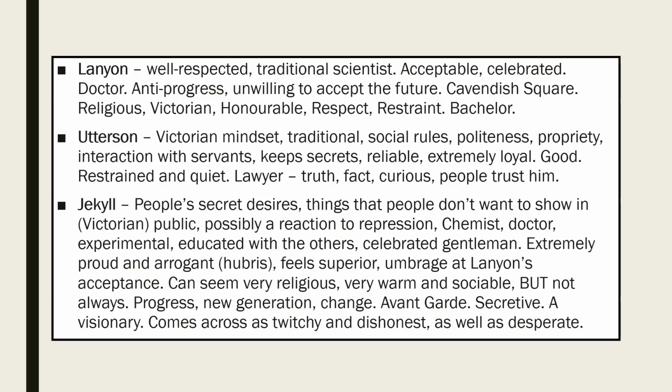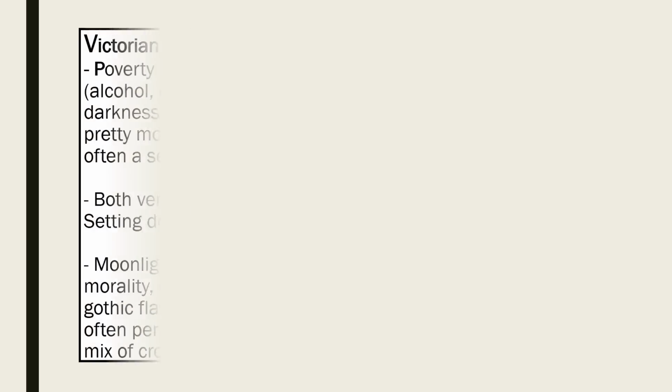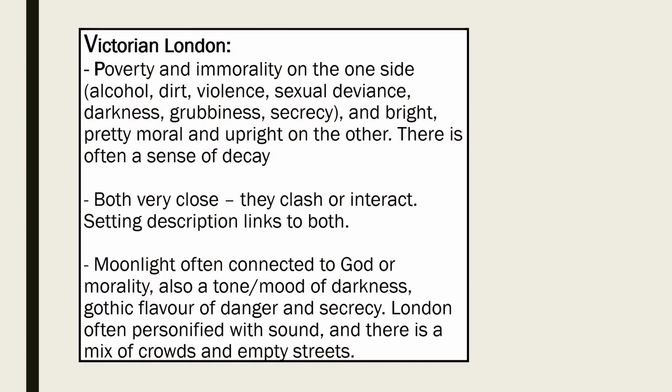Same with Utterson, same with Lanyon. You might also get asked to write about Victorian London, or to look for things to do with Victorian London. If you get an extended passage of description, it's probably going to be London or one of the houses. If it's one of the houses, like the laboratory or Jekyll's home or Utterson's home, it's likely that will be more related to character. So as you prepare notes on character, you'll be in a good position to write about those qualities that you see in the houses,